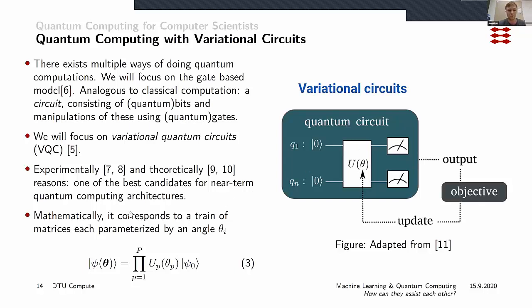And if we look down here, this mathematically corresponds to having a start state. So this is the state that all my qubits are in over here on the left. You can see here I've drawn them, or this figure is adapted, but these are drawn with all of them in the 0 state. And then through P of these gates, I take this state and I transform it into another state. I do that P times in different ways. And then I end up with the output state over here. And then when I measure them, I actually sample from this distribution right here.